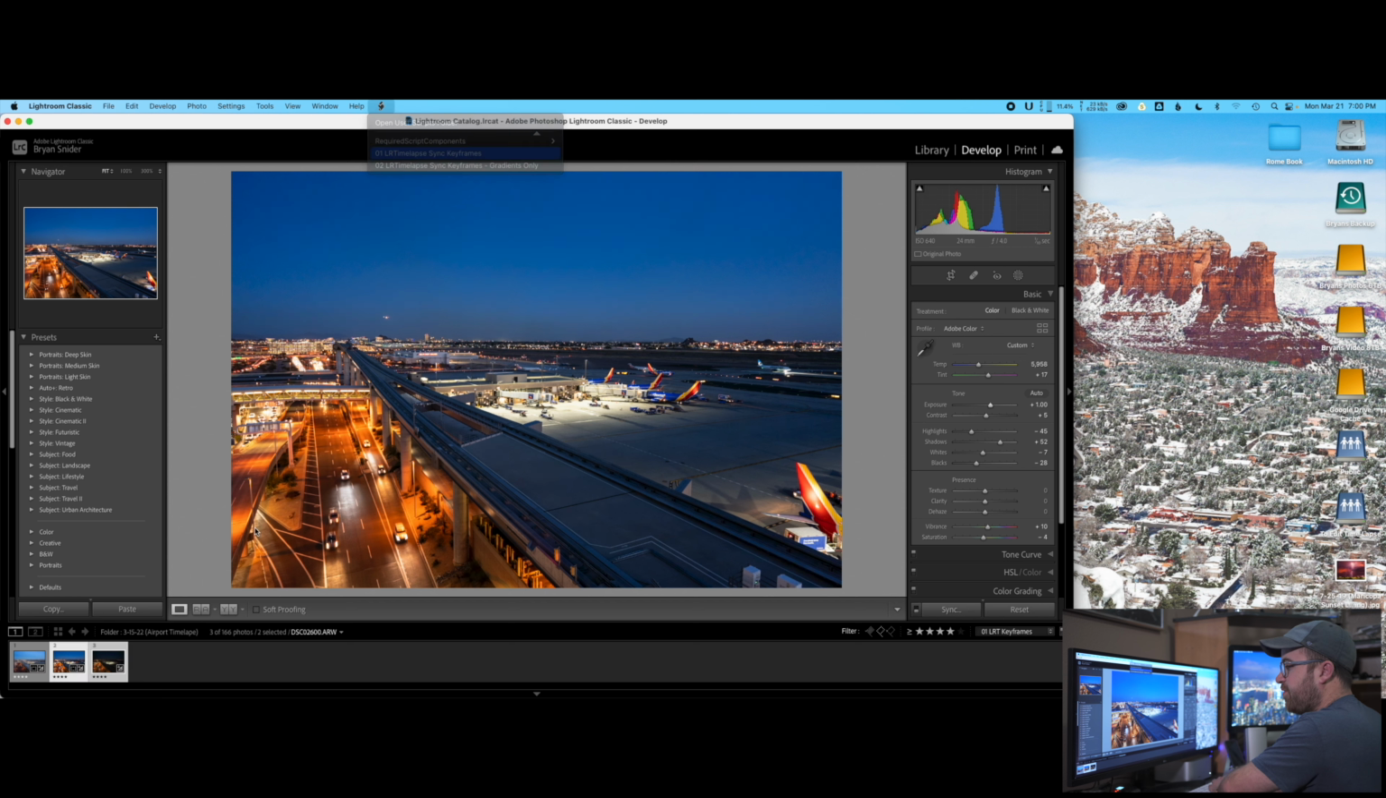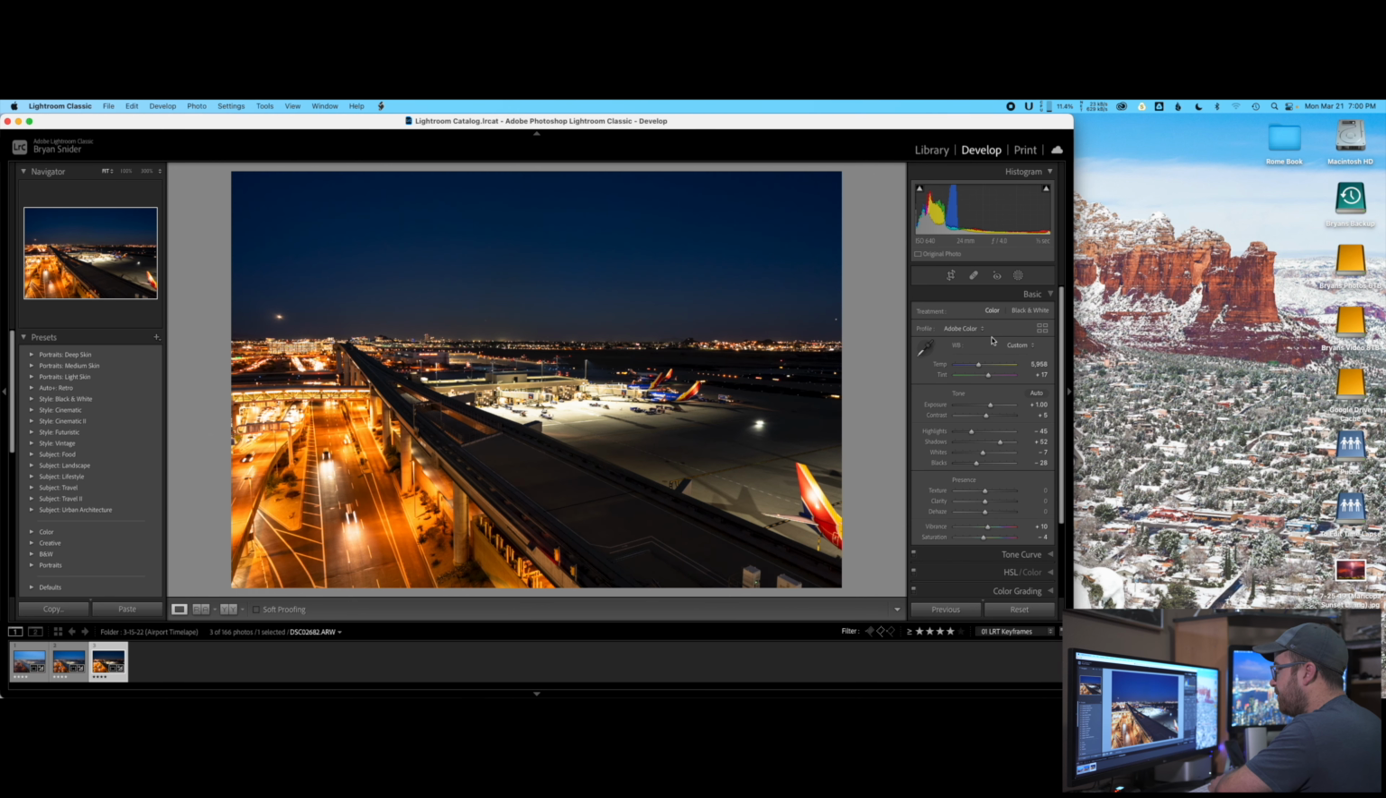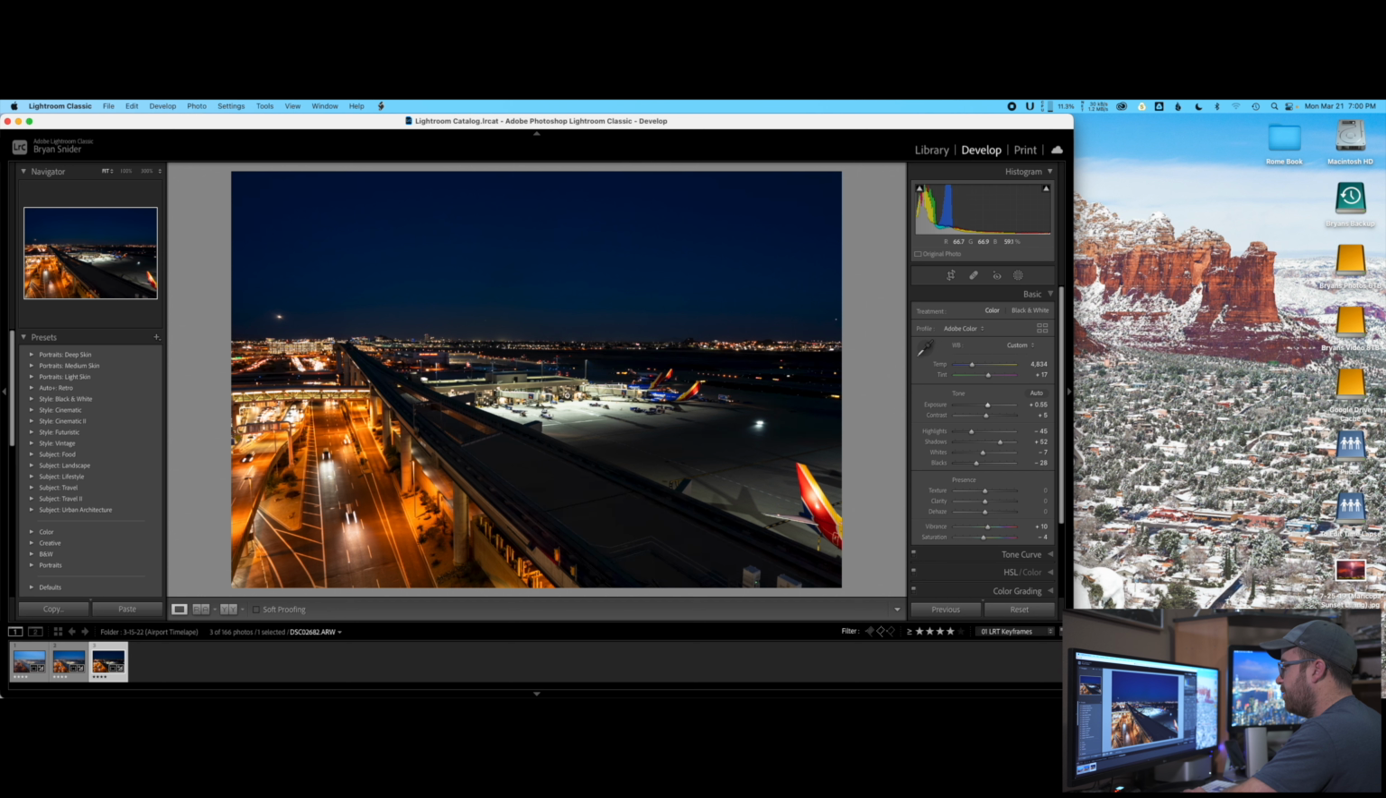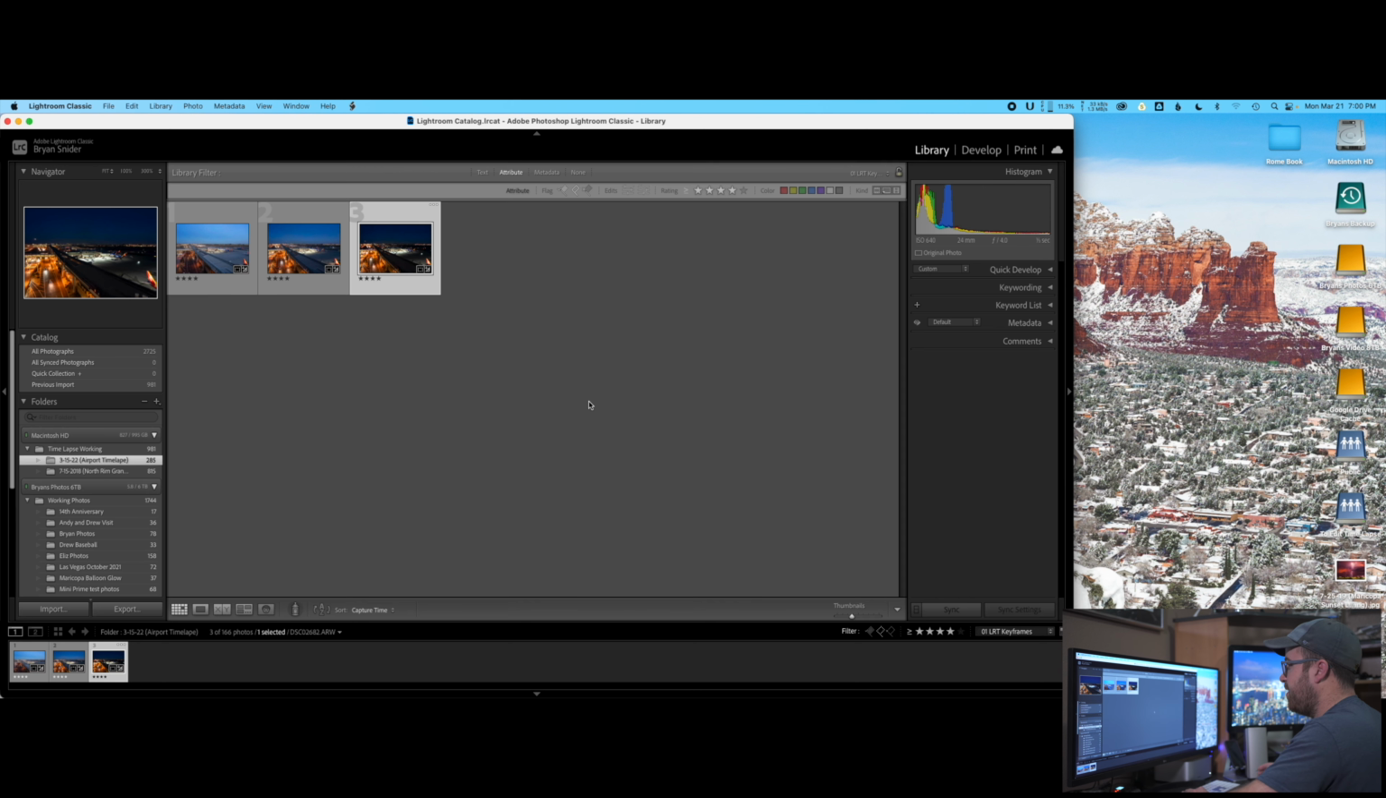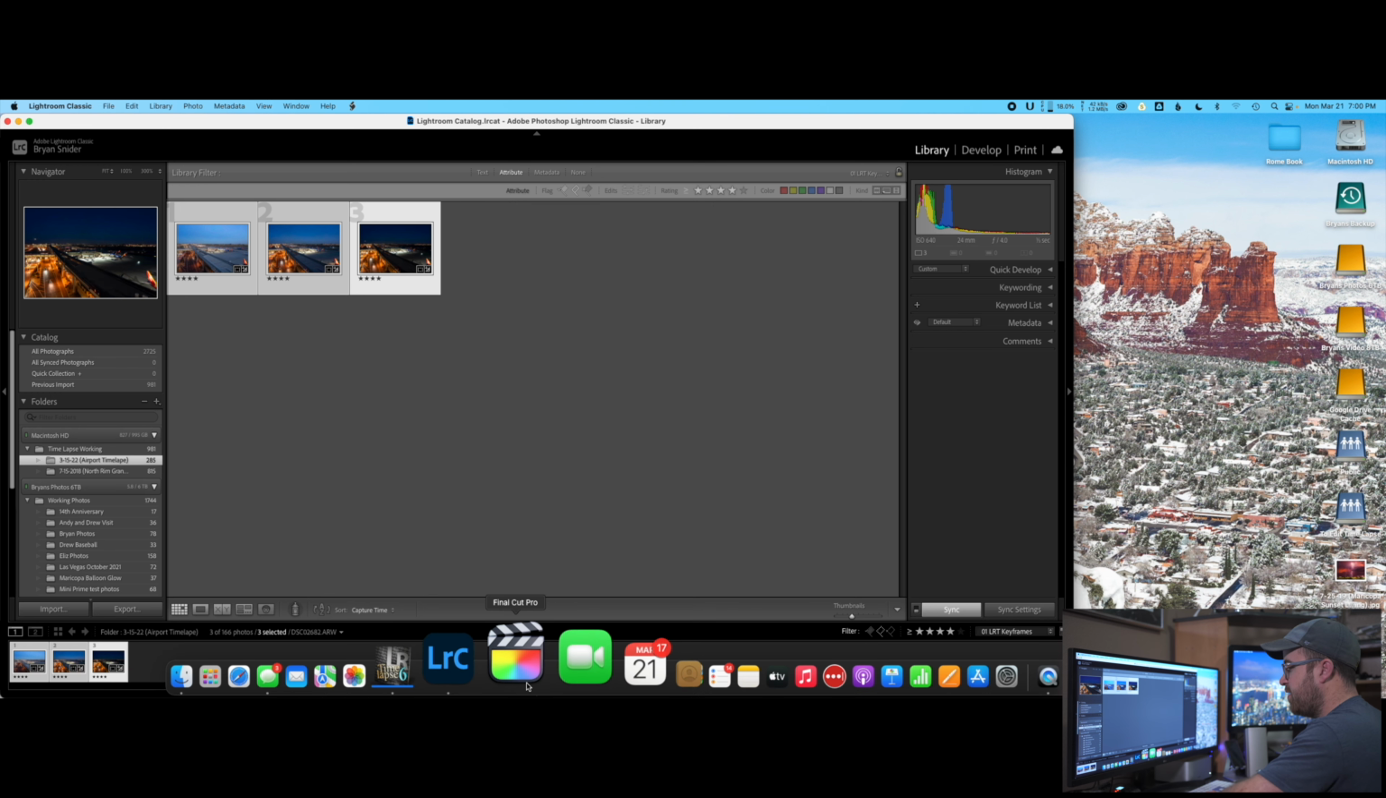Let's sync it to the next frame. And again, bring down the brightness maybe a little bit, and then adjust the white balance to show the white light a little bit better. There we go. That looks pretty good. Again, I edited that very quickly, but I'm going to go ahead and highlight them all, save them, and then